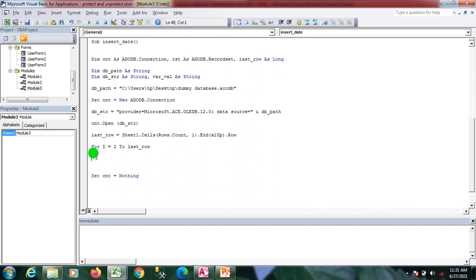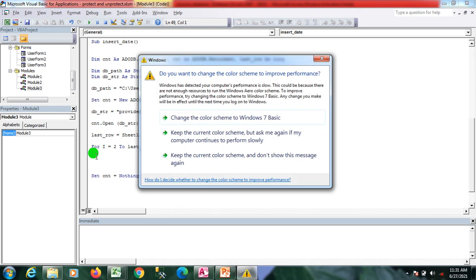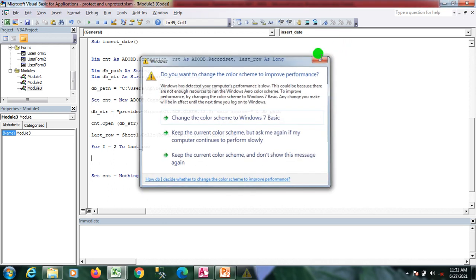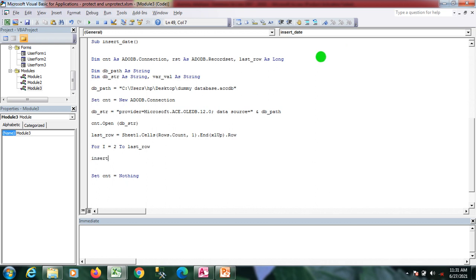So here I simply fire the SQL insert query. For this I write a query, insert data equal to insert into, my table name is Employee Information, right? And here I have the columns. Now you can see the columns here.